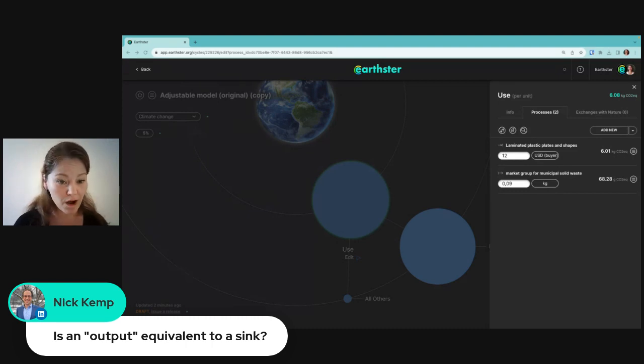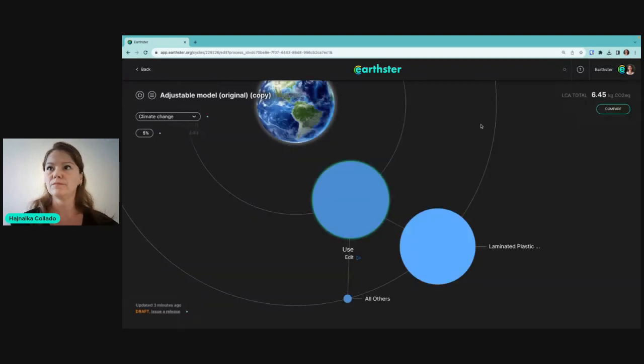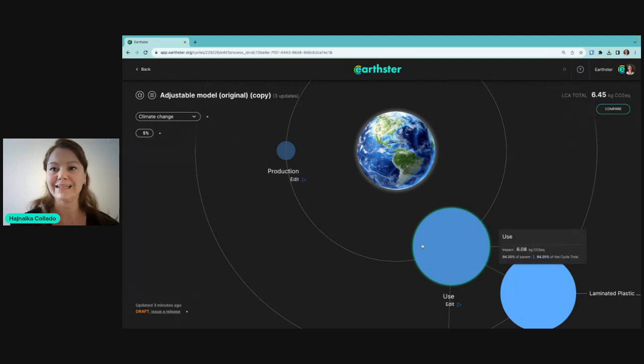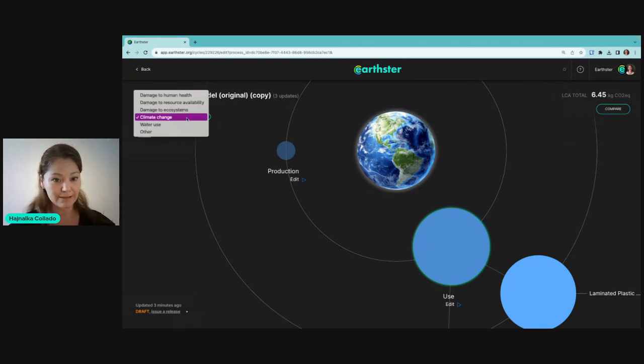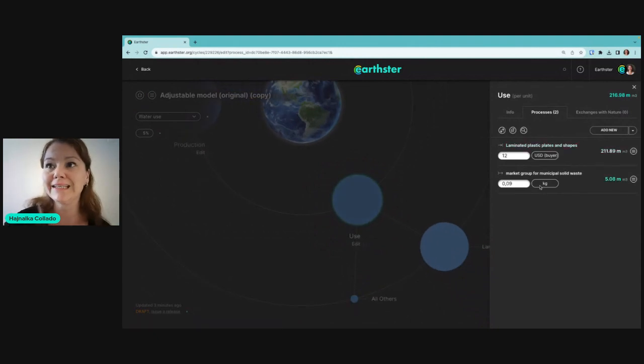Okay, so it's more about why it has a negative value. Oh, that we can spend probably more time on it. It's the way LCA is modeled. All these circles, what they represent, they're saying that there is an environmental impact of a certain activity. So in this model, we have 6.42 kilos of CO2 equivalent. If we change the impact method to water use, now the circles look a bit different, and our total is 553 cubic meters. Now, when you're having an output, what you're saying is that